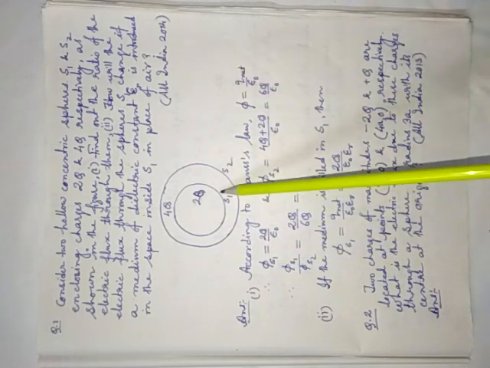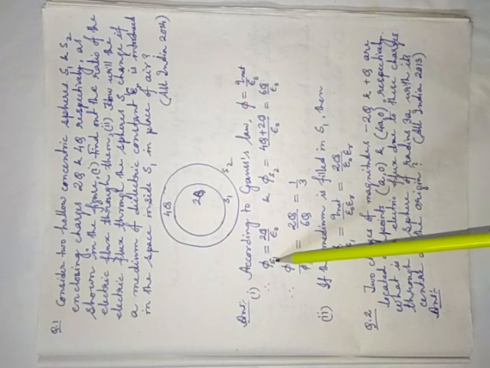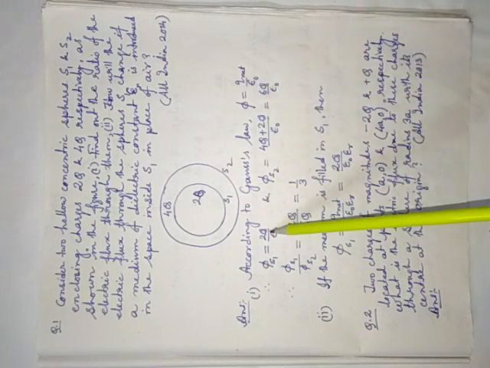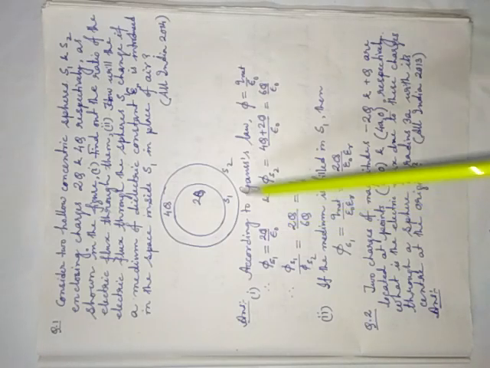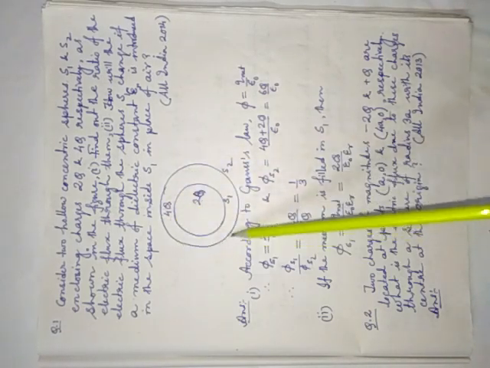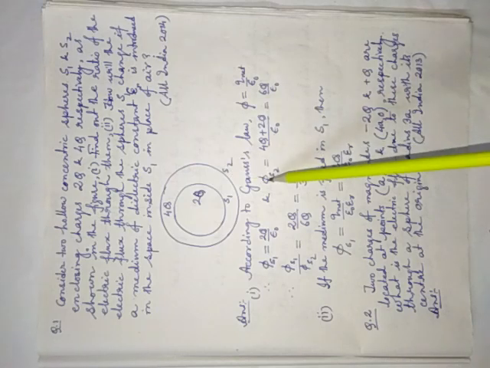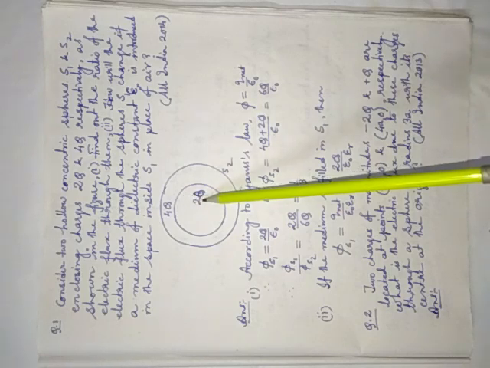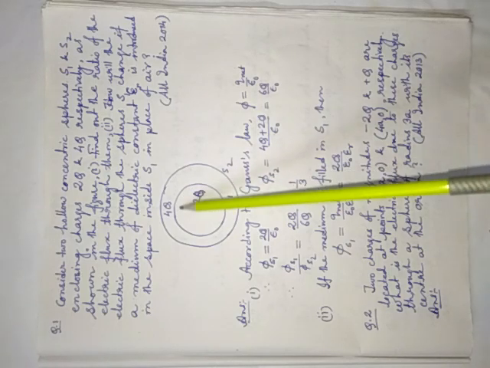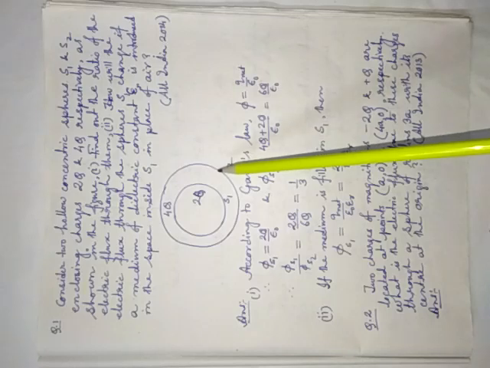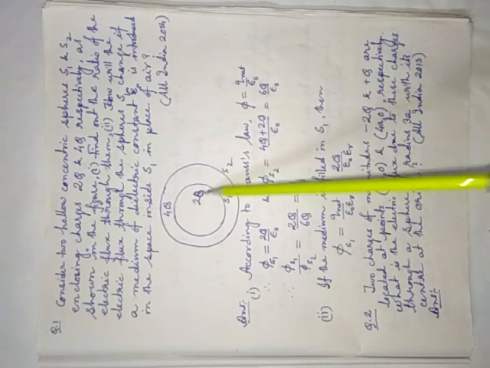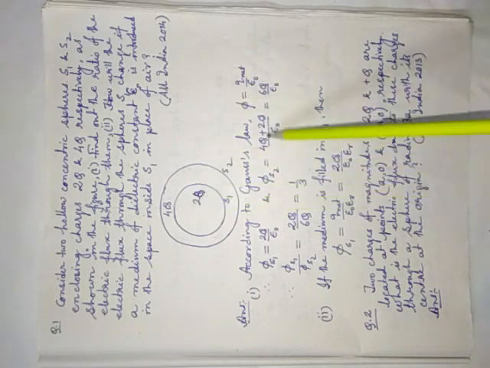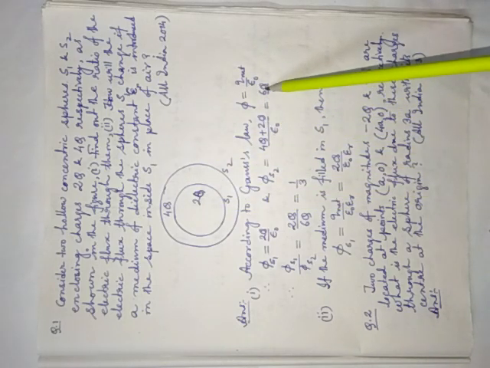Now, what is the net charge enclosed by S1? Phi S1 has enclosed charge twice q. That is why instead of q net you can write twice q by epsilon naught. Again, what is the net charge enclosed by S2? Net charge inside S2 is 4q, plus twice q, though there is another surface S1, but you have to consider whatever charges are there inside S2. That is why q net equals 4q plus twice q, so we get 6q by epsilon naught.